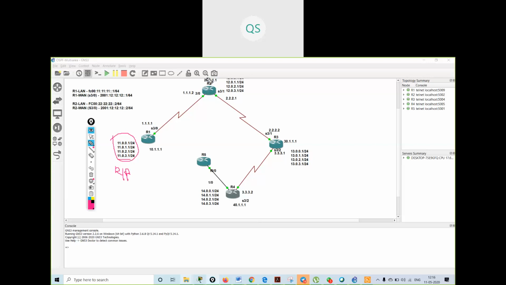So what I have to do, I will perform redistribution on this router. Once I perform redistribution, I will go on this router and say router EIGRP. I will create one access list on this router that denies the 11 dot network, whichever network you want. If you want the full 11 dot network, then you can deny the full network.